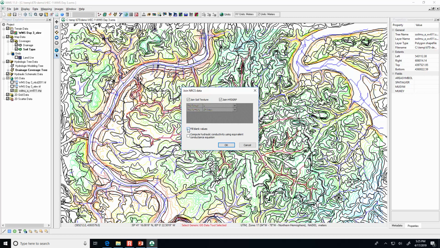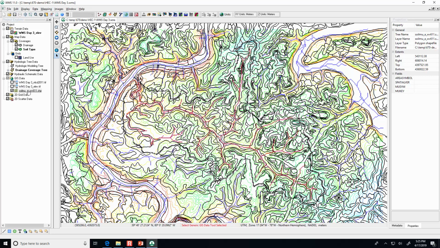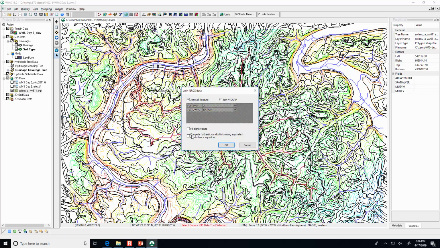And if there are any blank values, we're going to have it fill with soil group D. The default is that that isn't checked, but let's check it, so that if any of these happen to not have a soil group assigned, it will assume soil group D. Again, that was just here under GIS data, the shape file with the soil, right click, join NRCS data, fill blank values, and OK.